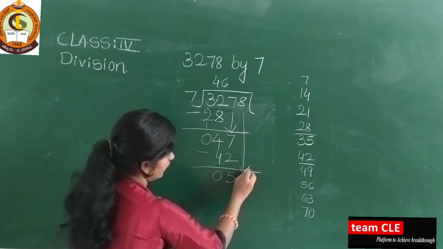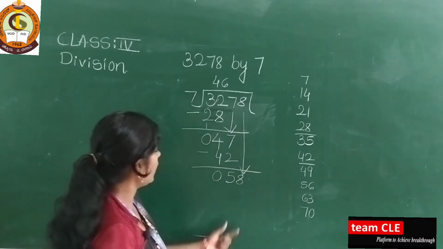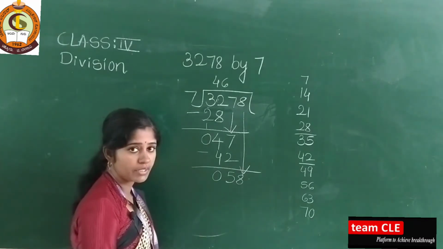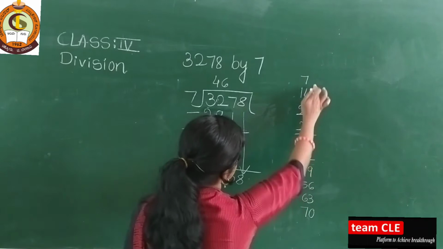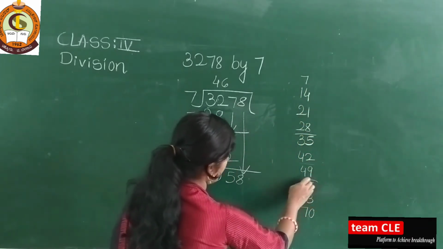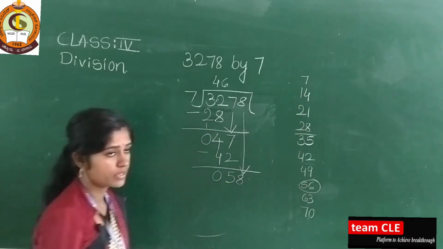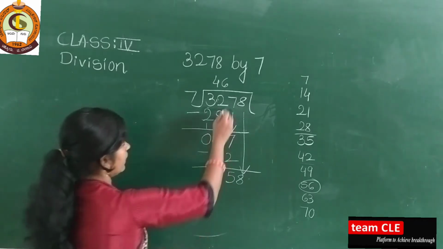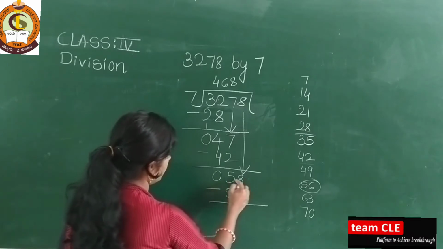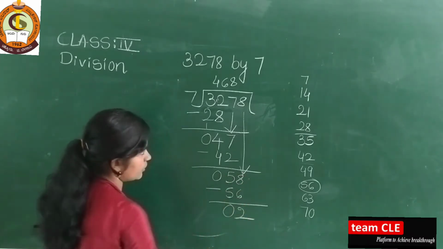Next you take here 8 down, and it becomes 58. Then see here, less than 58, which number is there? See here 7, 14, 21, 28, 35, 42, 49, and here there is 56. They all are also small, but the nearest small is 56. So you write here 7 8s are 56. Then write here 8 minus 6 is 2, and 5 minus 5 is 0.